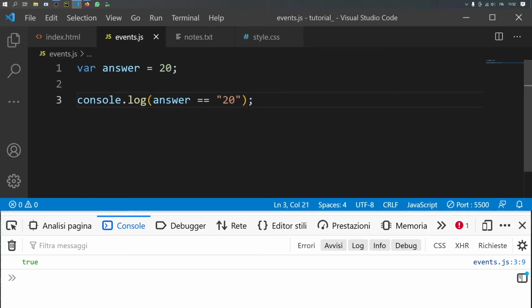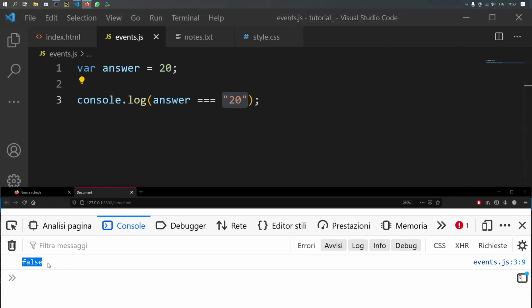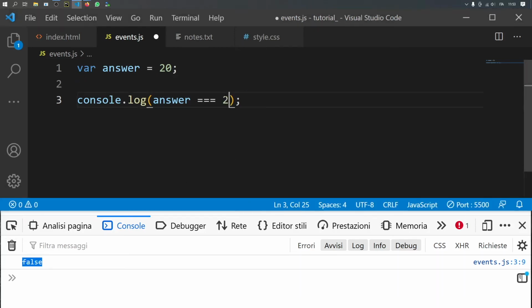If you want to have a very strict check, you want to make sure that the number 20 is equal to the number 20, you will use 3 equal signs. And this guarantees that the answer will be equal to 20 and it will also be a number. So as you can see right now, 20 is not equal to the string of 20, which means we get false as a return. Now, if we remove the quotation marks, you'll notice that this statement will turn into true,